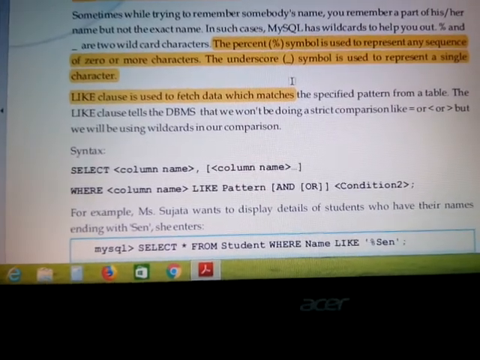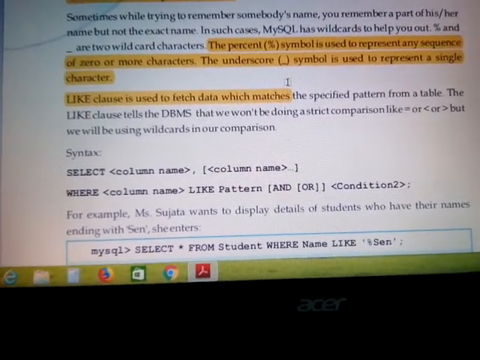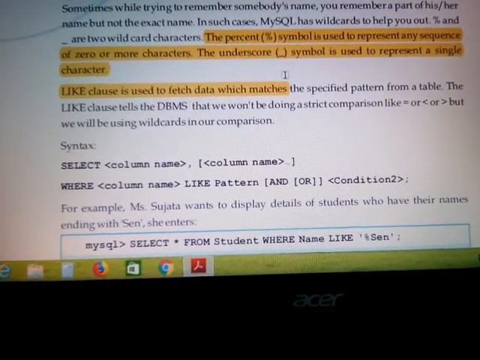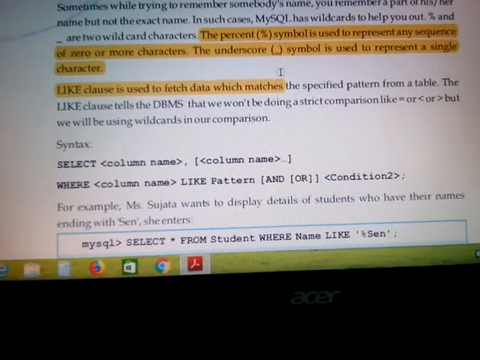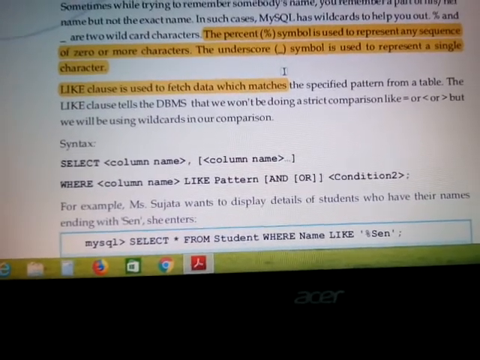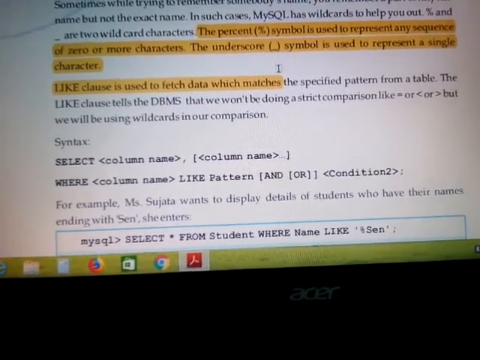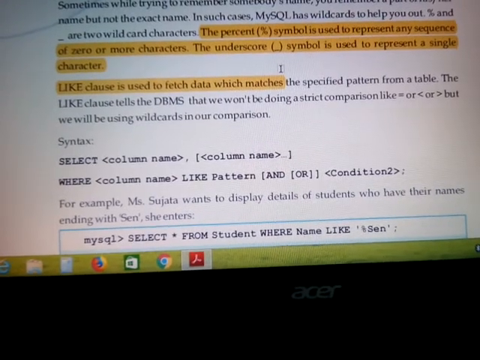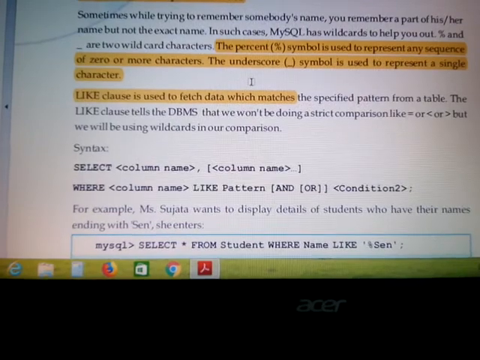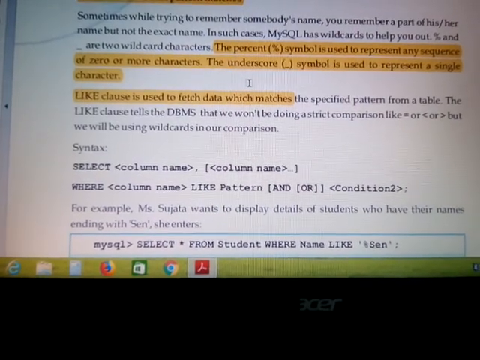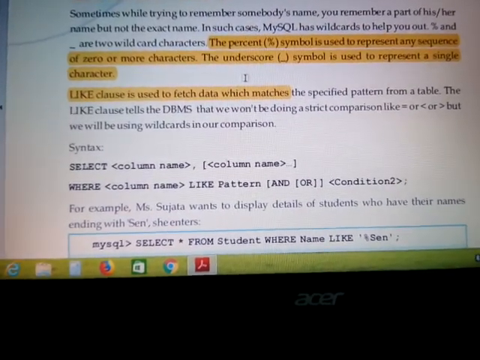In all such cases we make use of the percent symbol. And if I say whose name is at least 3 characters long, then for every such condition we make use of the underscore symbol.